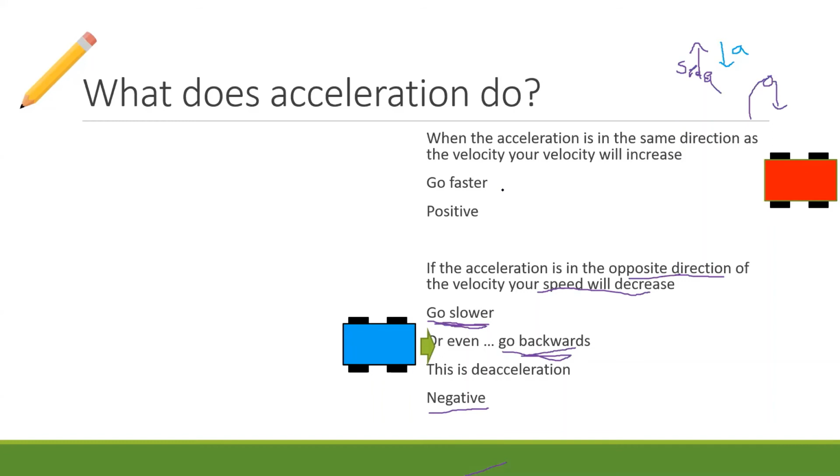So first it'll slow you down till you stop, and then it'll start to speed you up in reverse. You will start to get faster and faster and faster in reverse in the opposite direction. And that's sort of the difference between them, that the negative acceleration speeds you up in the other way. So it's just a way that you can think about it, or at least it's the way that I think about it. Those two examples of acceleration.